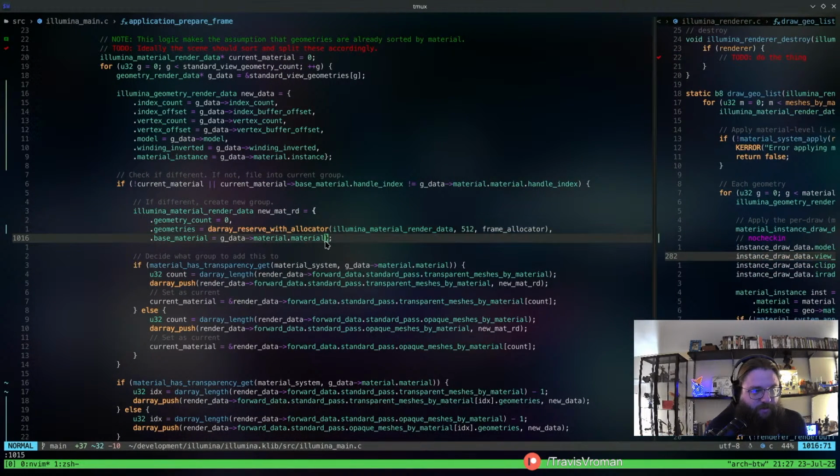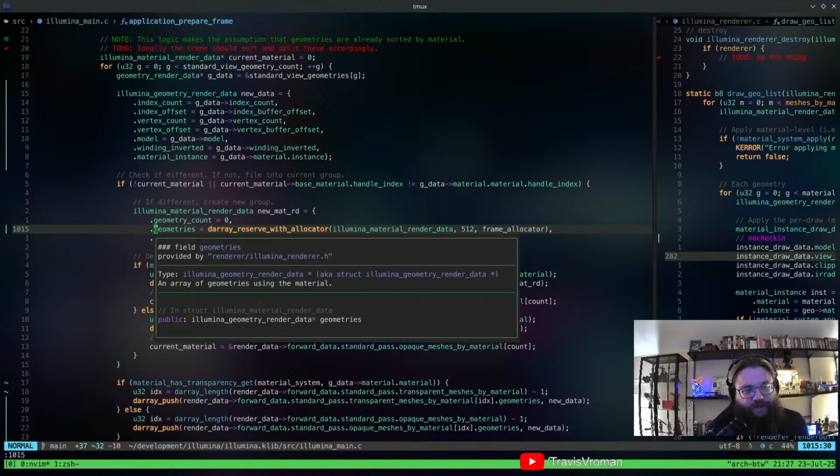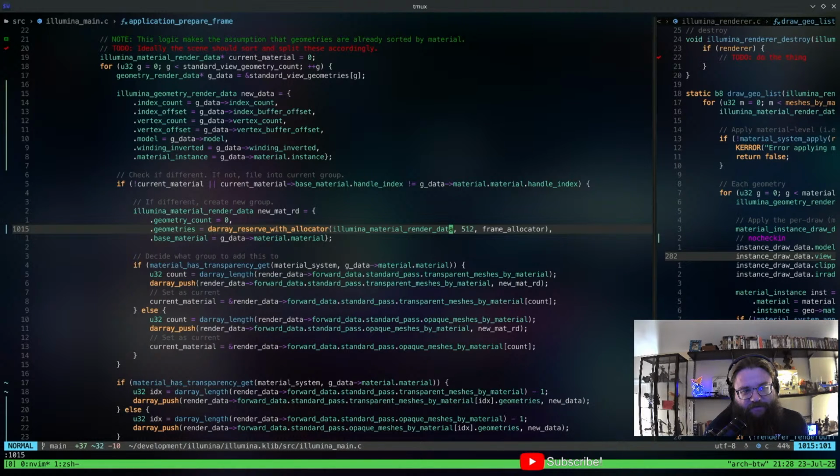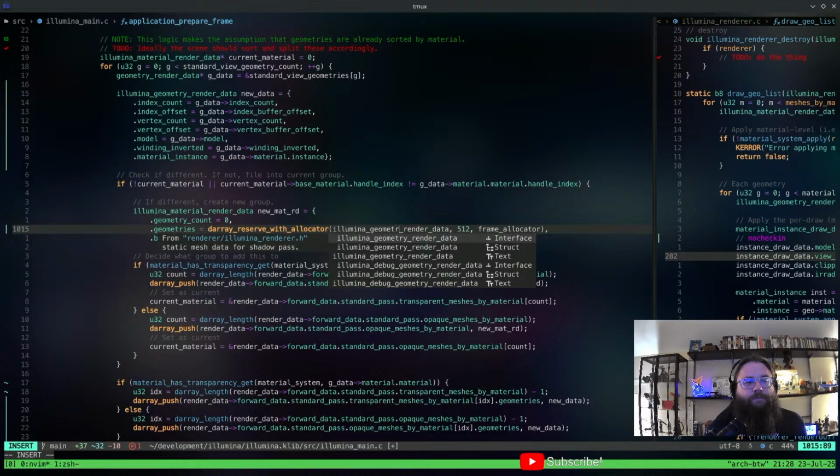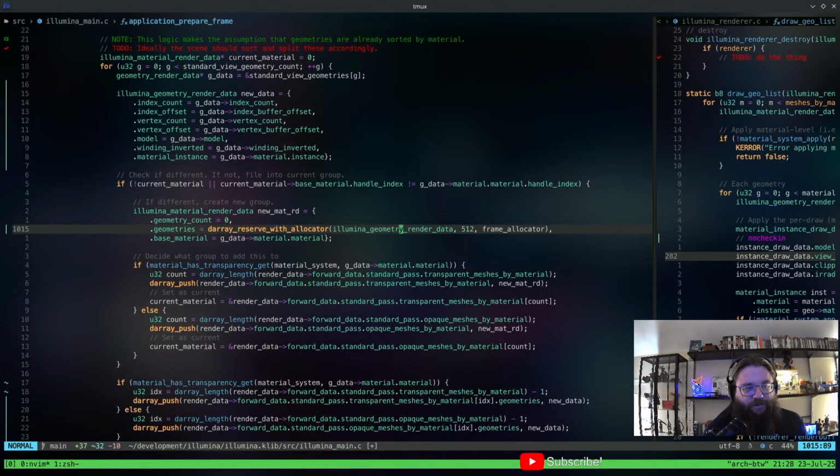And I think I know exactly why this happened, and I'm going to fix something in code to correct this. So geometries is a geometry render data structure, array of structures. But we have material render data here, not geometry render data, right? So I'm actually going to undo this for a second